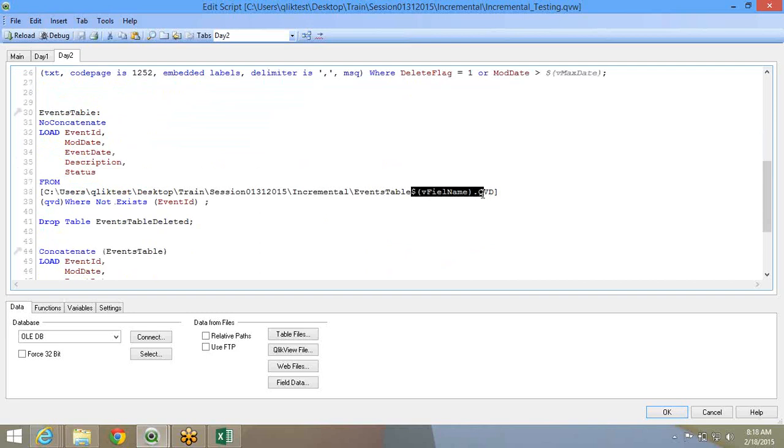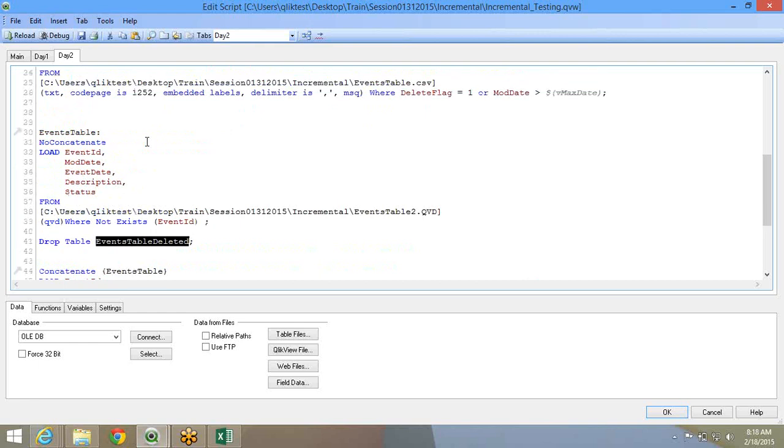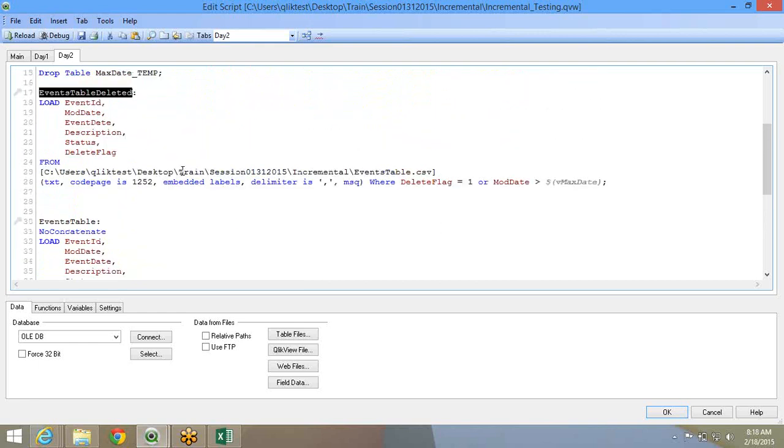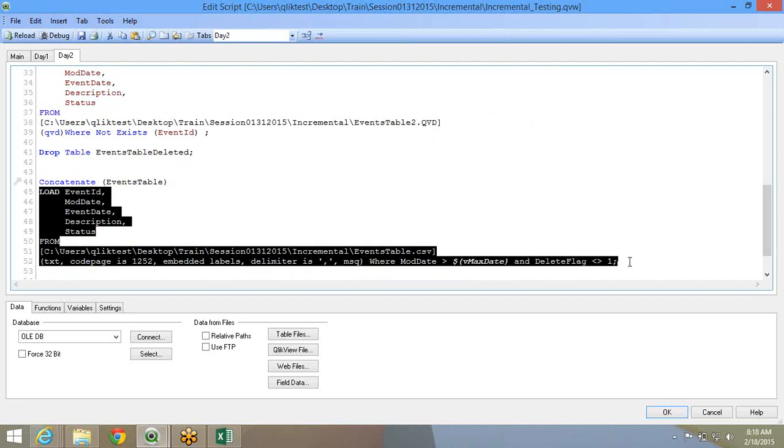So we'll bring the second one, and then here we do not exist event ID name. Now existing, I drop off the deleted table. This is the first deleted table that I do, right? So I drop off that table, and then I'm loading from the source data again the records which are updated only. So here I'll have to load it twice from the data source. That is one challenge. You get what I mean?